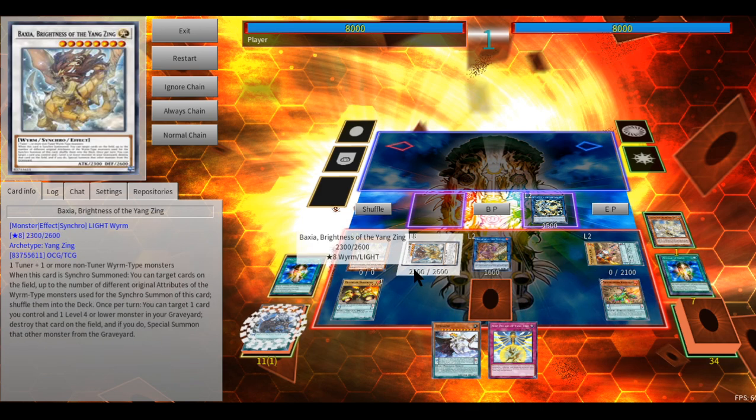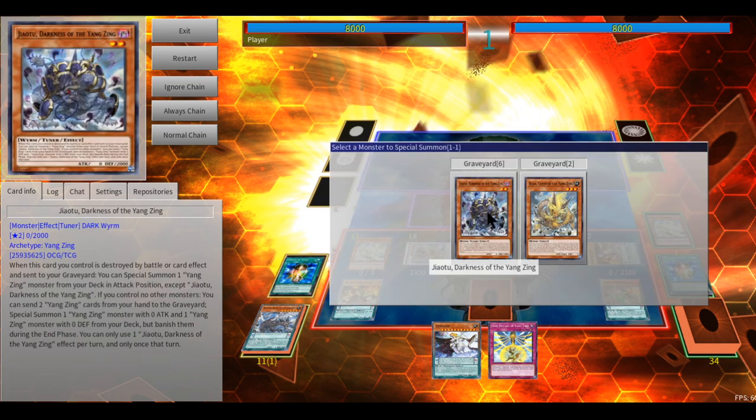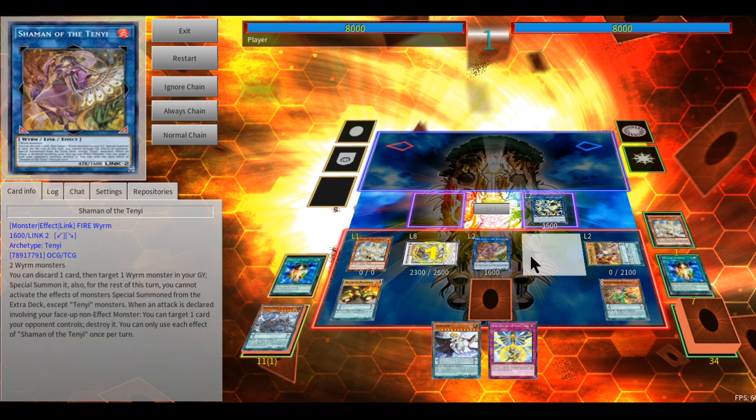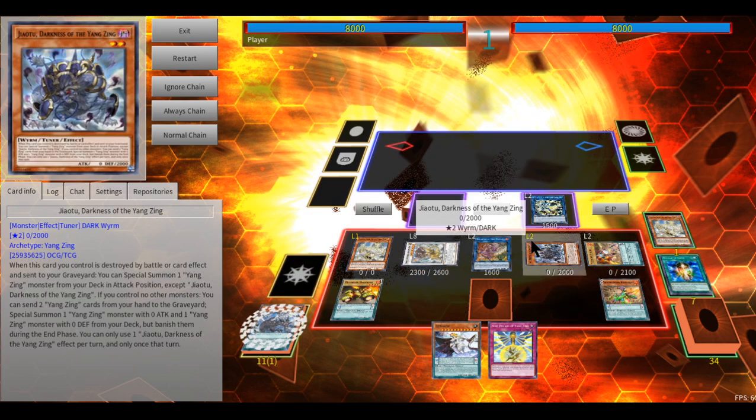But in this scenario, I think I'll just pop the Oracle. It's no big deal. We're gonna summon Jiaotu, because it's the only viable option there. If we summon back Bean, so the reason we don't summon back Bean there is because when 9 Pillars pops